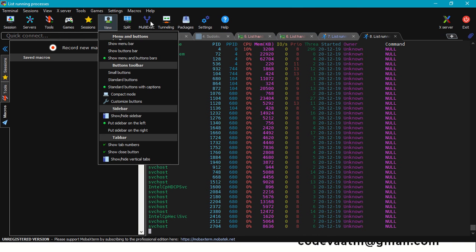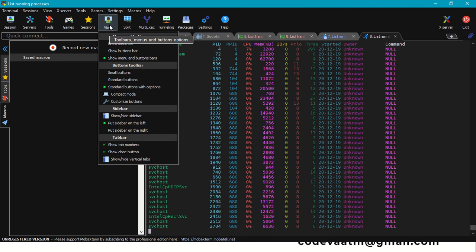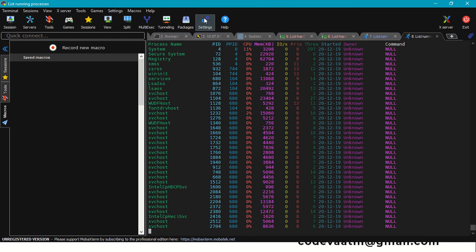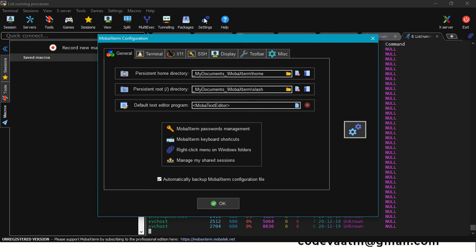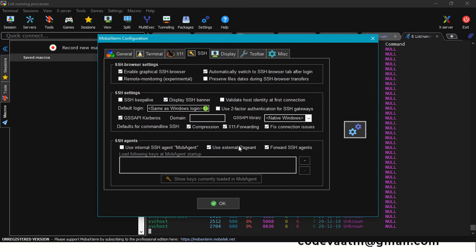It has a lot of views as well. In the view menu bar you can customize this entire panel, but I prefer you go with the default settings just like that. That seems to be very good. You can try other things as well. You can come here and customize whatever things you require. There are a lot of options provided here.